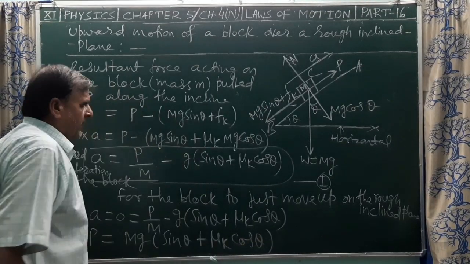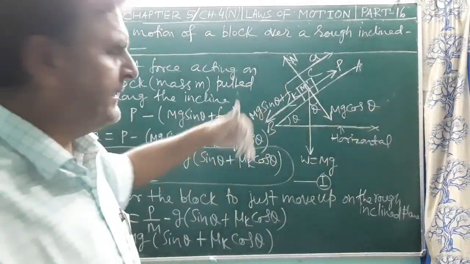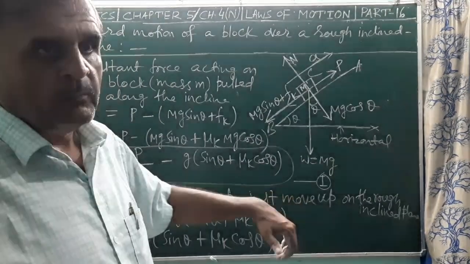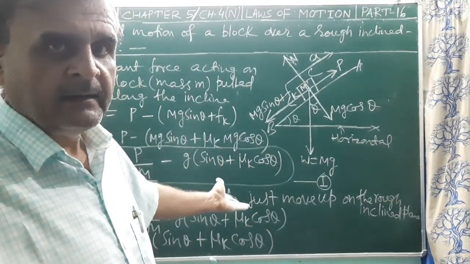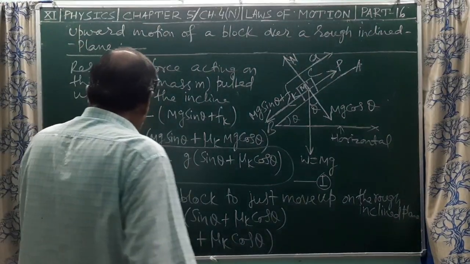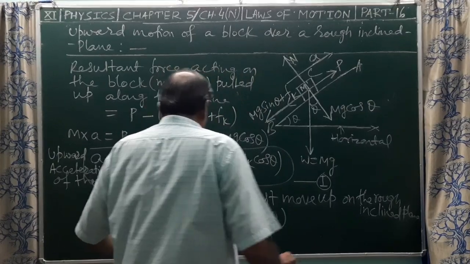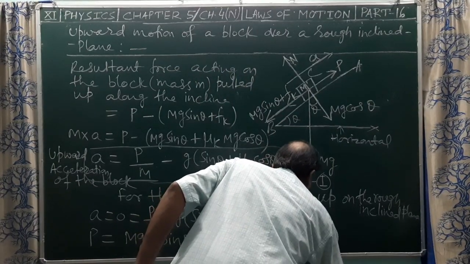This is the formula for the minimum force required to pull the body up the incline. Then acceleration is 0, force is minimum, and the acceleration of the block in that case will be 0. This is the formula: P is equal to mg sin theta plus mu k cos theta, or we can also write it as mg sin theta plus